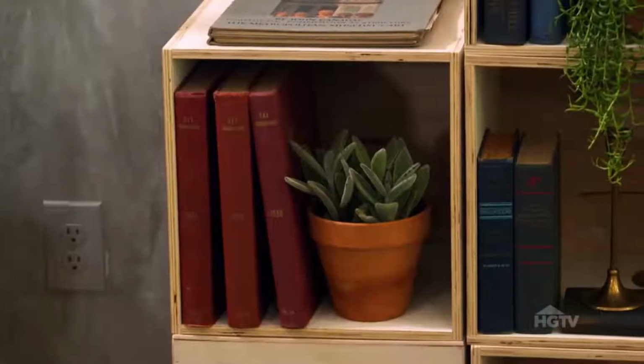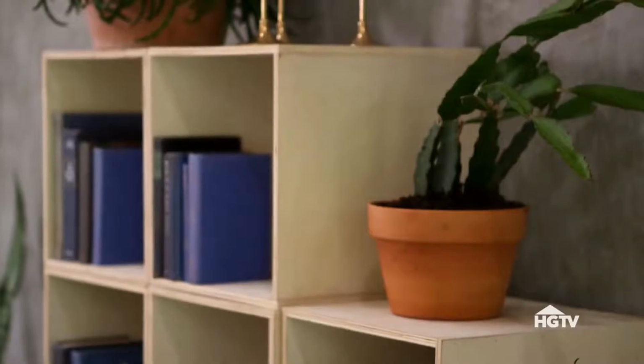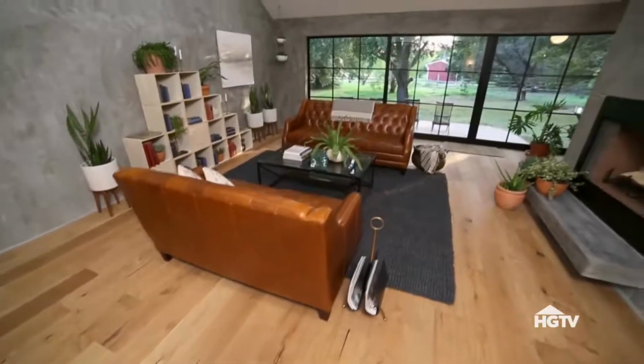What I feel like makes this modern is it's very clean line, it's simple, it's pretty raw, and what I like about it is just the balance of it with the plaster behind it. You can really incorporate this look anywhere, whether it be the living room in this space, for instance, or a kid's bedroom, a playroom. You can think through this on a lot of different levels, even a mudroom,